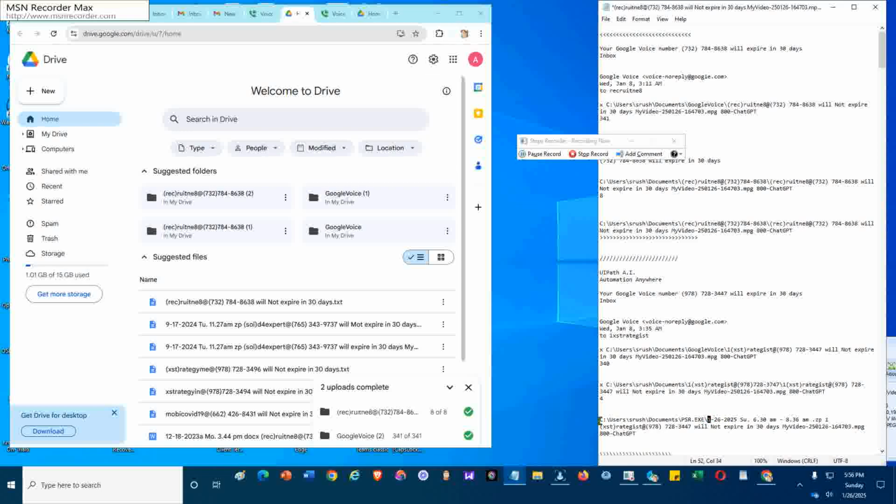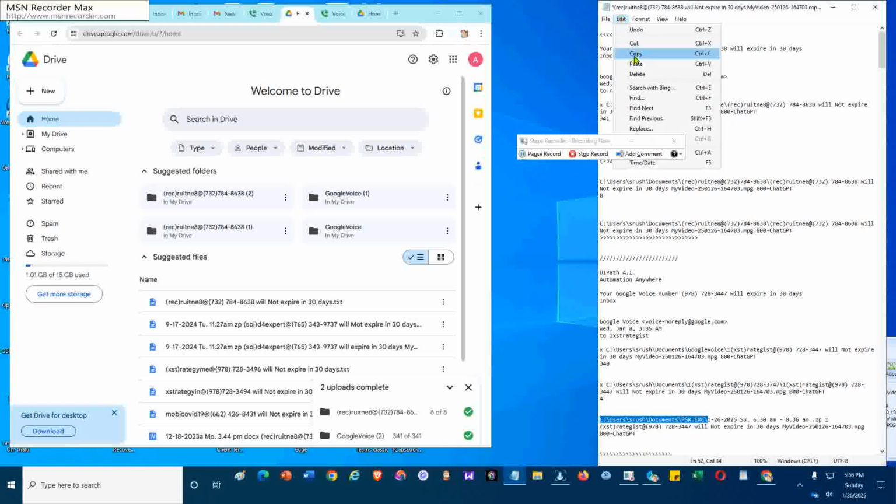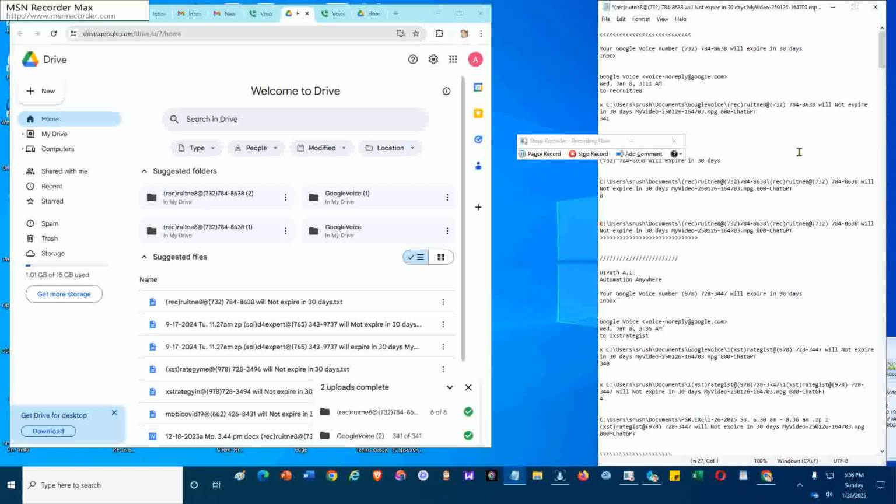So let's see if I can copy the path to shard.exe and paste it too. So I'm forming the file name.